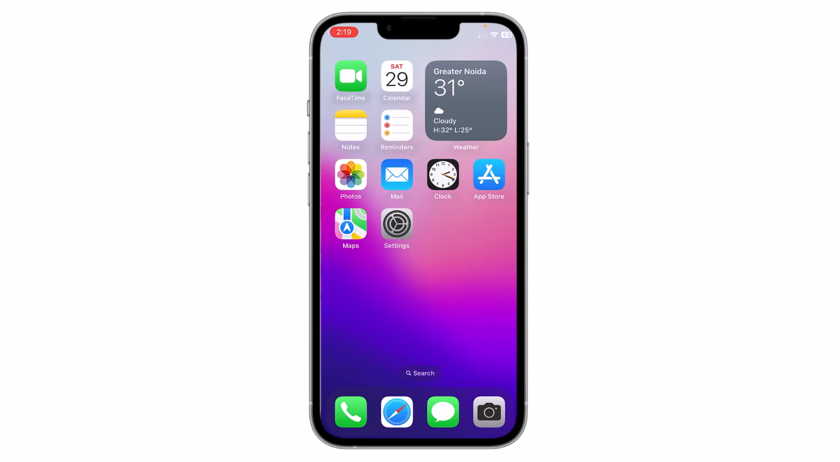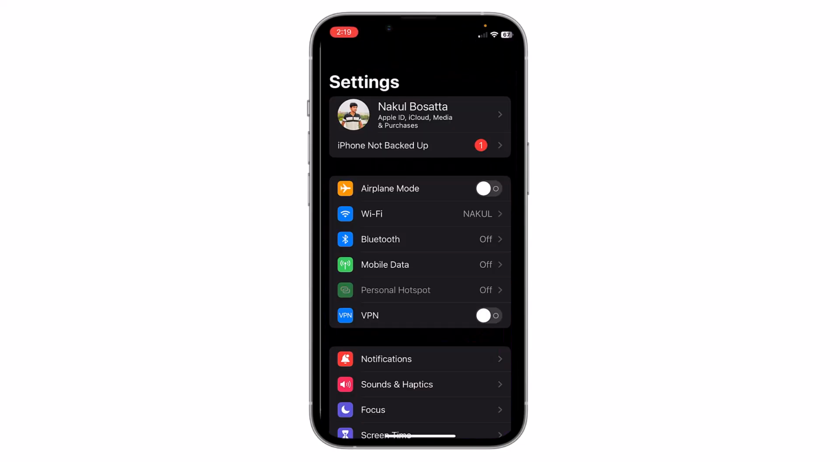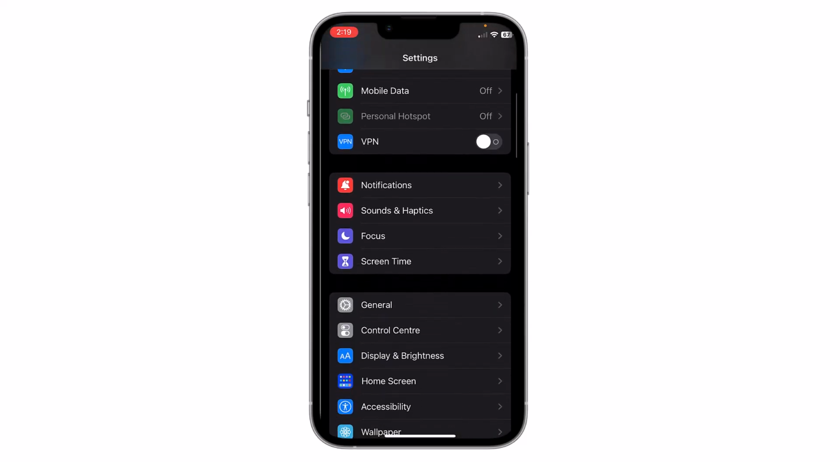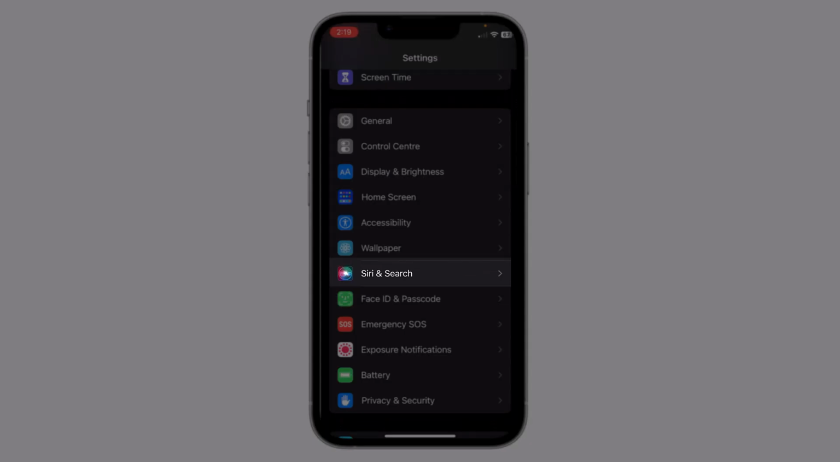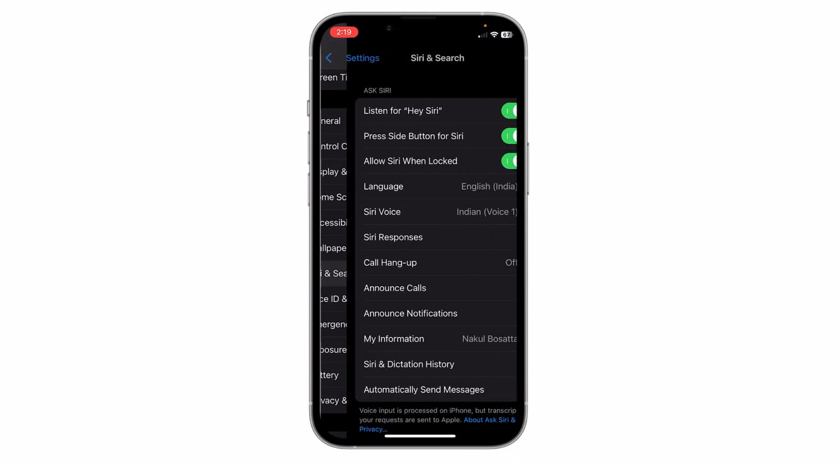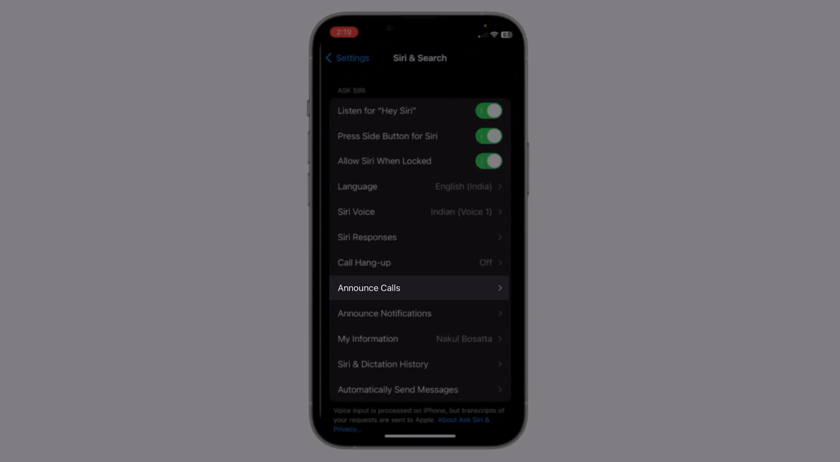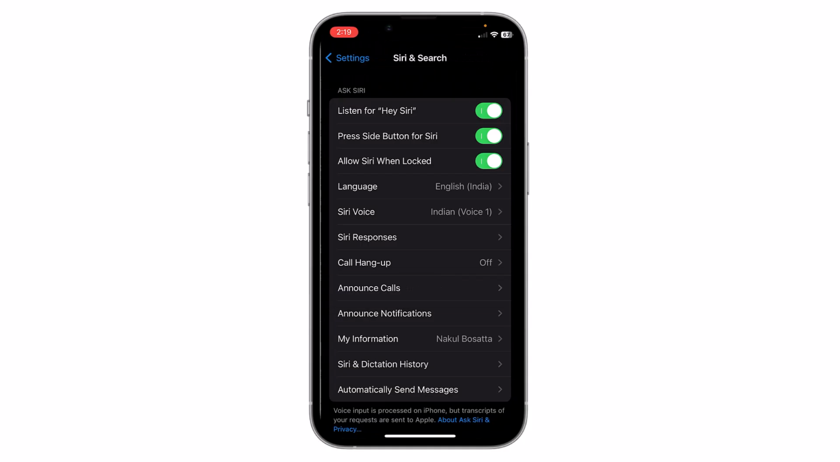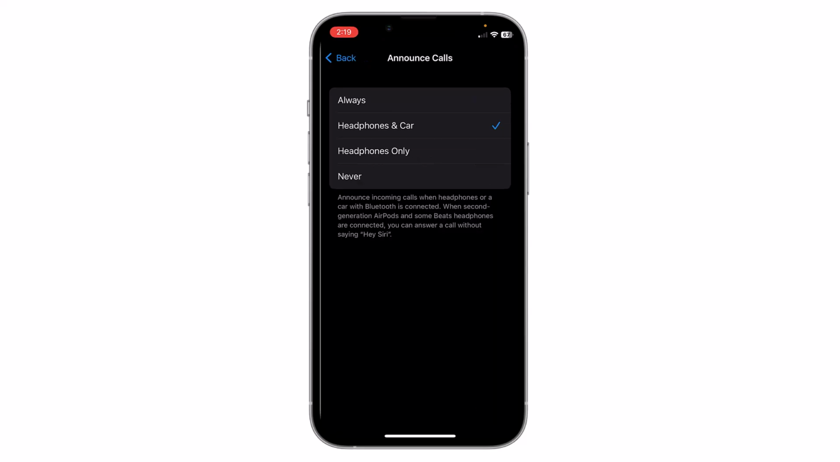If you want to enable this option, you have to go to Settings and find Siri and Search. If you scroll down, you will find Siri and Search. Click on it. Here you can see there is an option of Announce Calls. Just click on it. Now it may be set to Headphones and Car or Never by default, so you have to choose